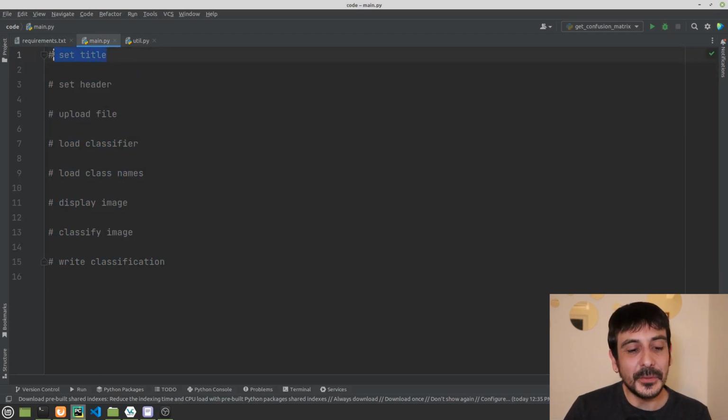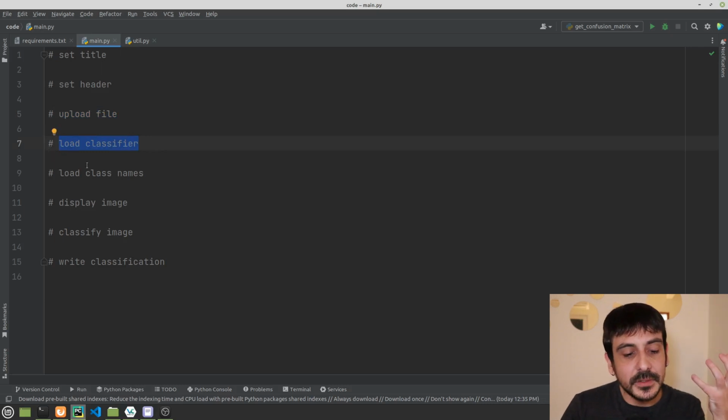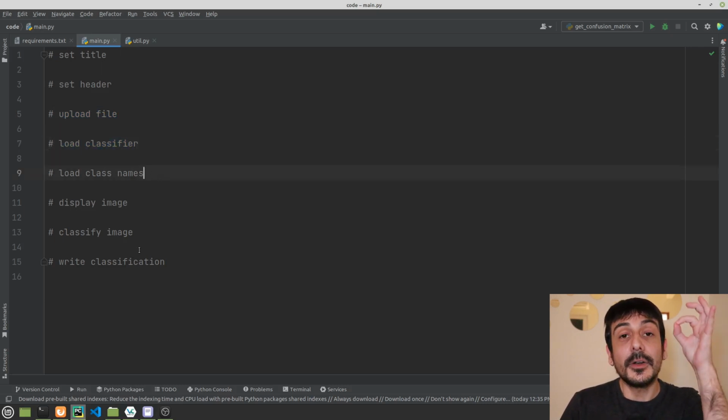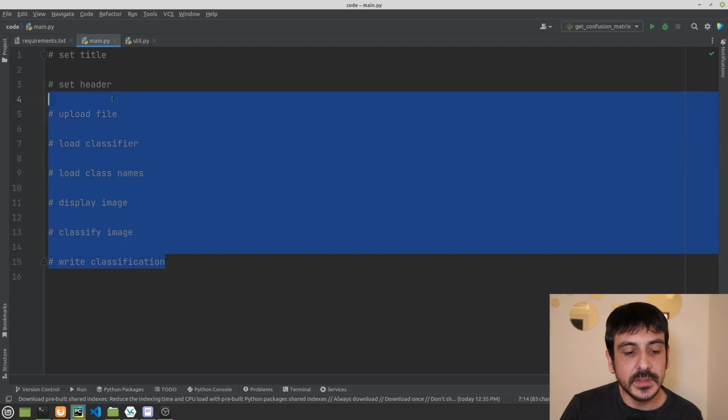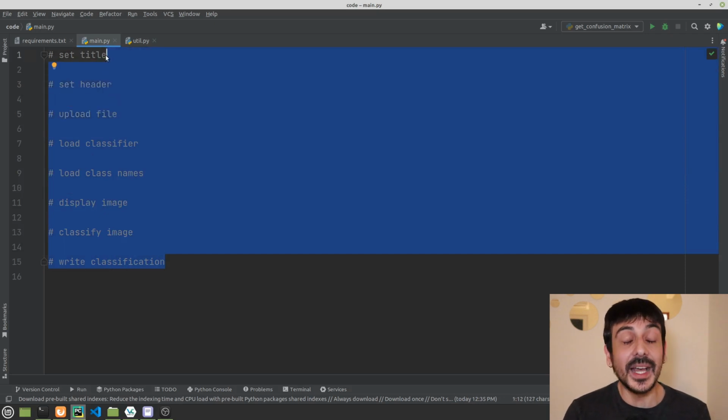And this is exactly everything we're going to be doing today. This is exactly what it takes to make this image classifier available through a web application using Streamlit. So the first step will be setting up the title, then the header, then we're going to create a widget in order to upload a file, then we're going to load the classifier, and so on, right? The entire process is described as a sequence of steps, right? It's 1, 2, 3, 4, 5, 6, 7, 8 steps. That's all it takes to complete this tutorial, right? That's how simple this will be.